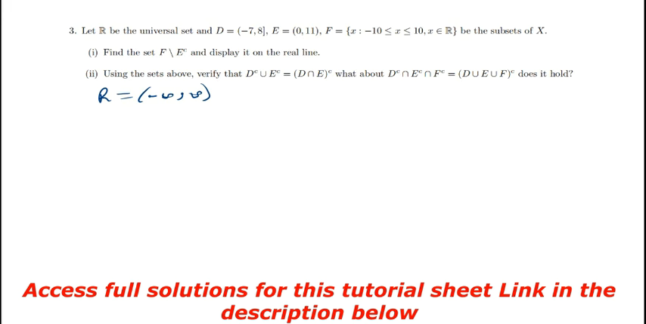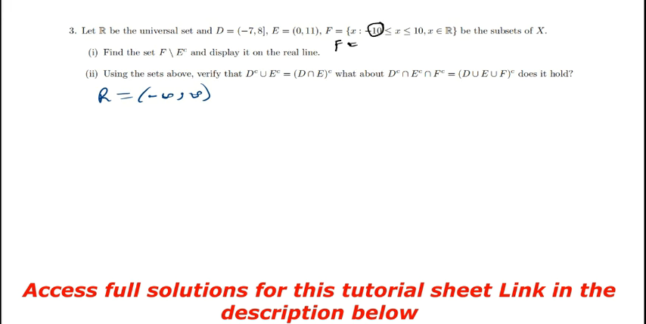Then we've got subsets D, E, F on X. So now I think let's first list the actual elements or members of F. So we're saying that X is such that negative 10 is less than or equal to X, X is less than or equal to 10. So if we are to list this, F is going to be equal to, as you can see there,